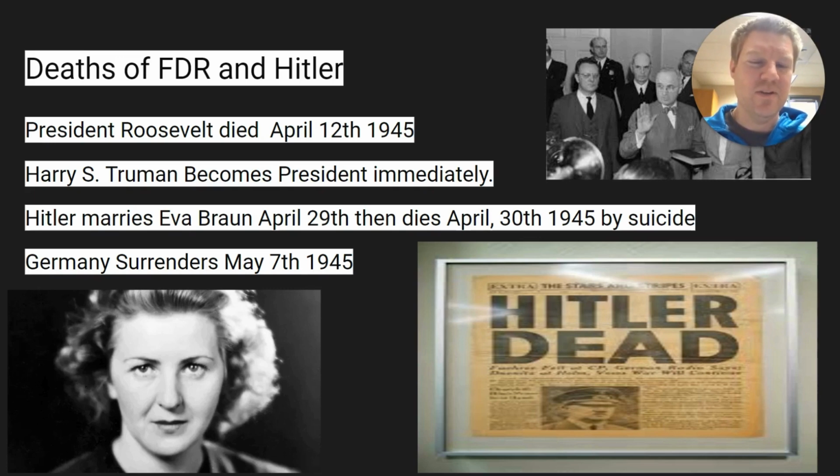They call it cerebral hemorrhage, where a blood vessel bursts in his brain, and it's usually due to high blood pressure. And if you know history, and you know Roosevelt's history in particular, you know why he might have had high blood pressure. He was president for 13 years during World War II and the Great Depression, so he had